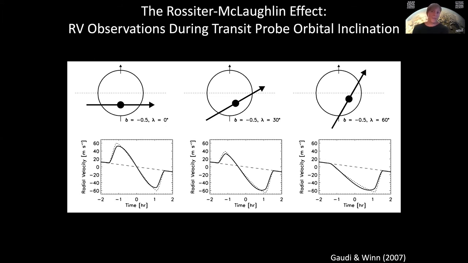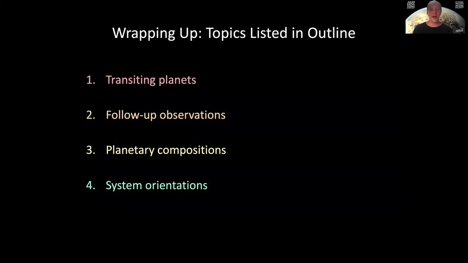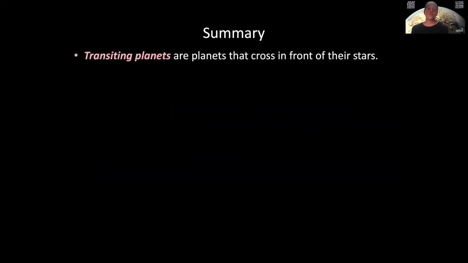We're now going to wrap up and look at all 4 topics we talked about today. I promised that we'd go over transiting planets, follow-up observations, planet compositions, and system orientations. We did all of those things, and I encourage you to do more reading following the links at the end of this slide deck. But to give you just the Cliff Notes version of today's talk, for transiting planets, we